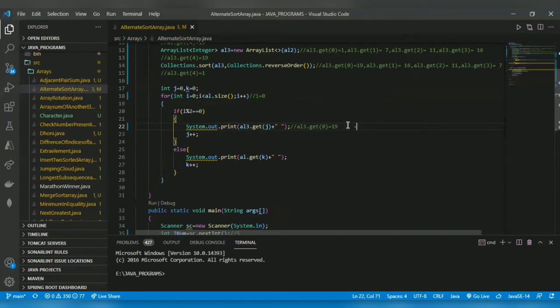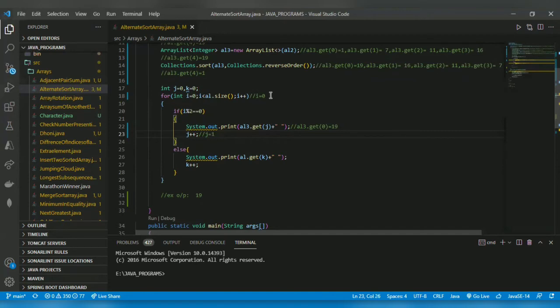I show here separately how the output will be. First 19 will get printed. Then j will get incremented to 1.